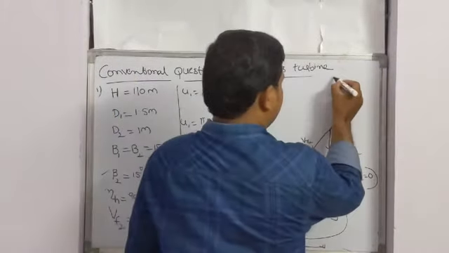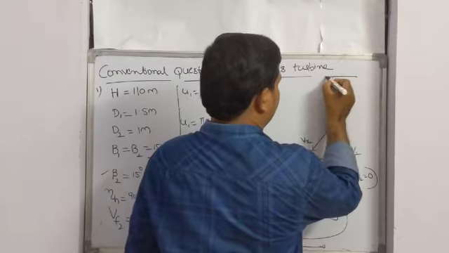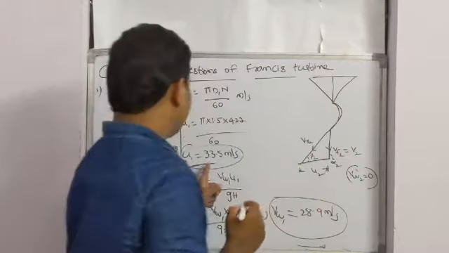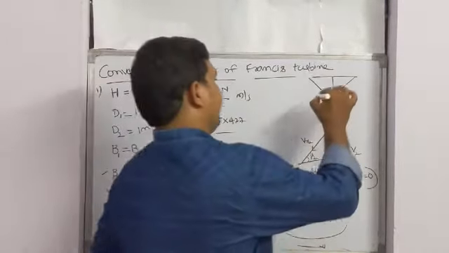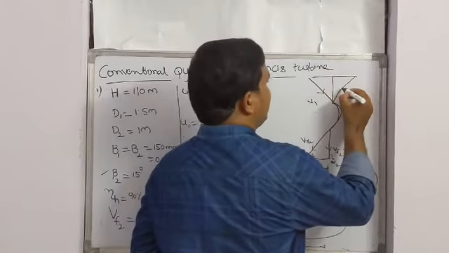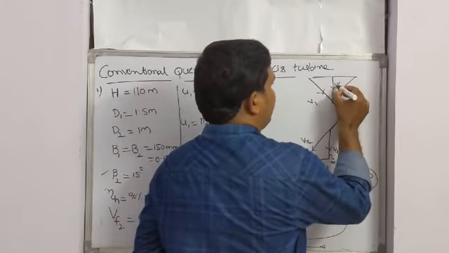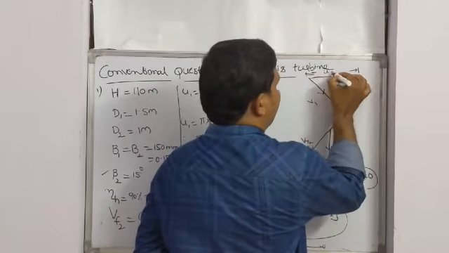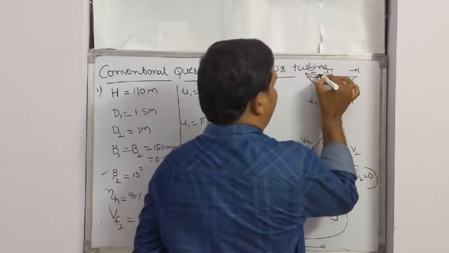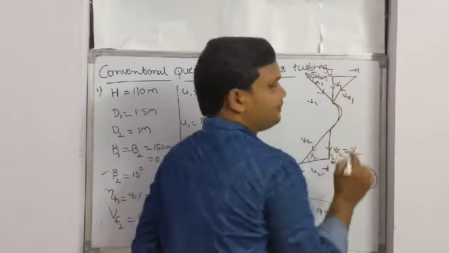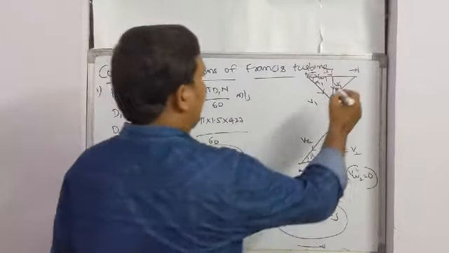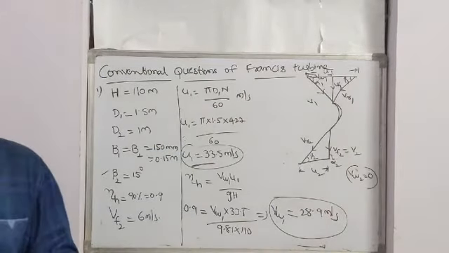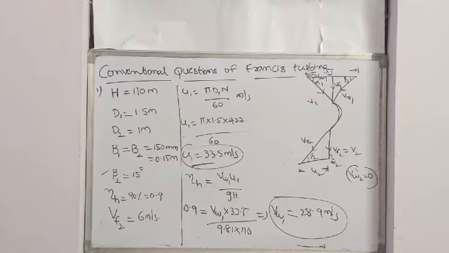Then the velocity triangle will be like this. If u1 is less than vw1, the velocity triangle will be different. This is V1, this is VF1, this is VR1, and the total horizontal length is U1, then this is VW1. This is alpha 1, and this is beta 1. So this is the velocity triangle. From the inlet velocity triangle we can find out all these parameters.